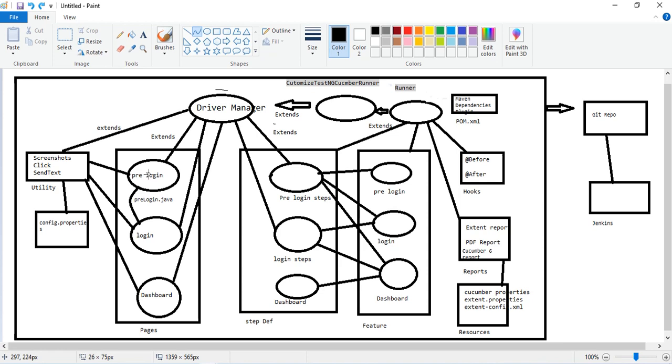When I click on the login button, this will navigate me to the login screen. Okay, so the login button in the pre-login screen is responsible for returning the login object. So that is called page chaining. That also we will be covering guys.